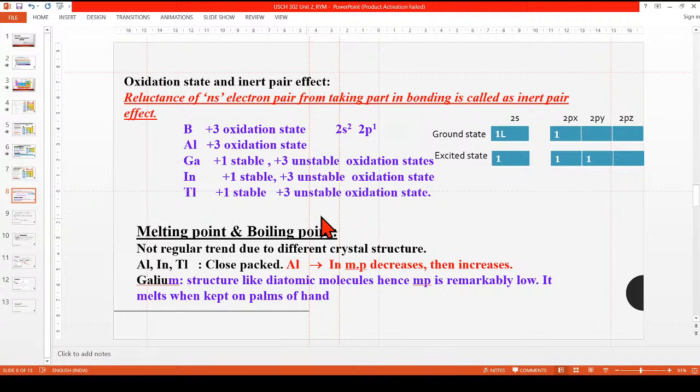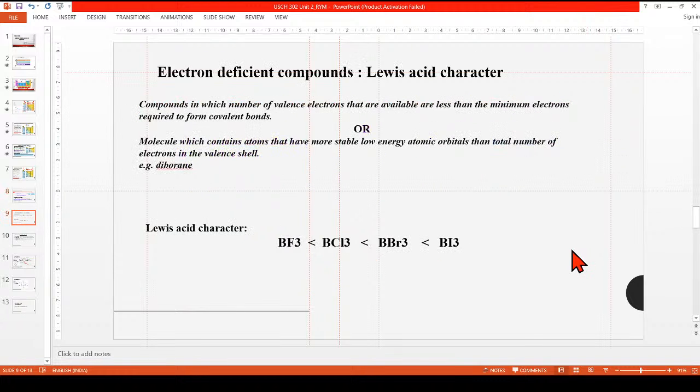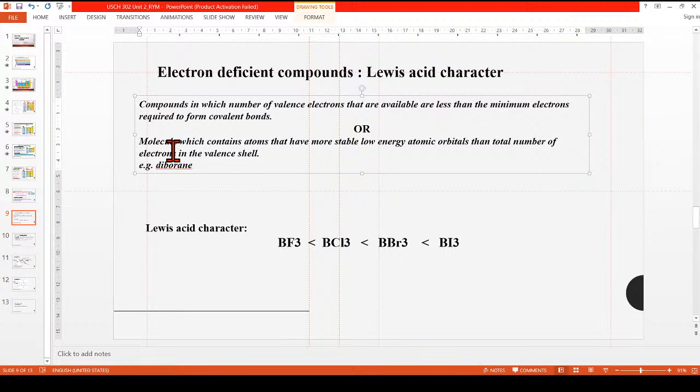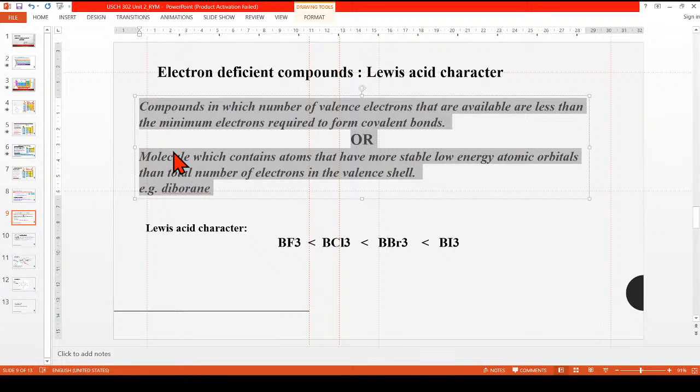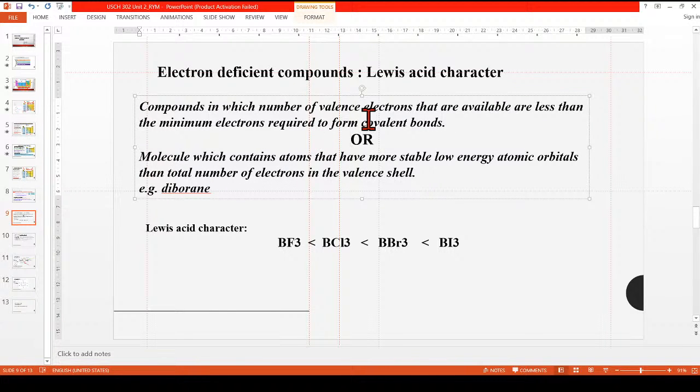So these boron family elements, since they have vacant orbitals in them, can accept electron pair, so they are Lewis acids, and they are called electron deficient compounds. Electron deficient compounds का definition क्या है? Compounds in which the number of valence electrons that are available